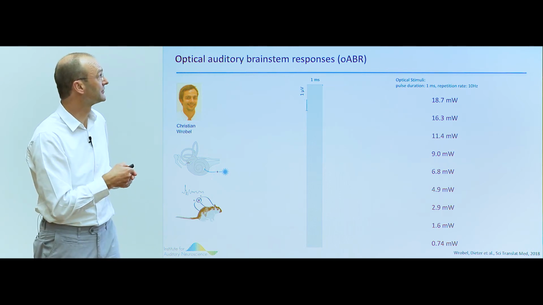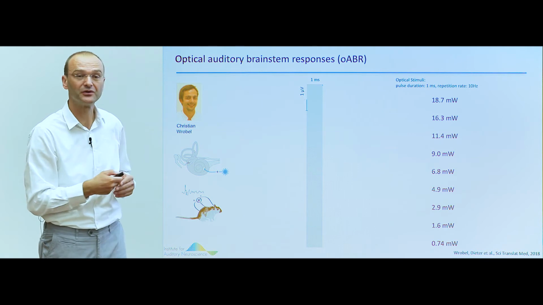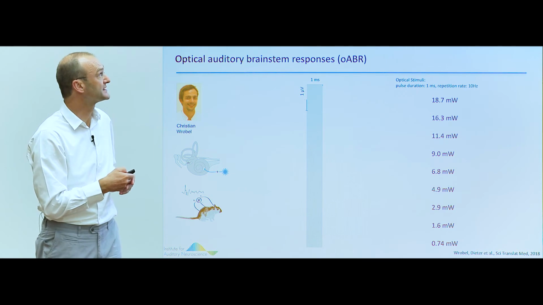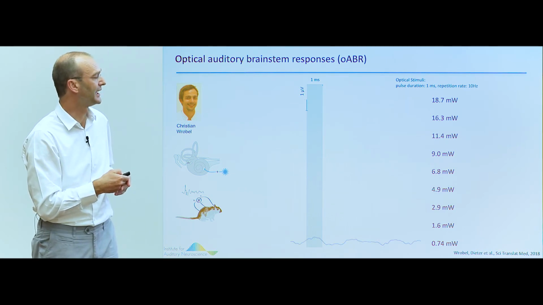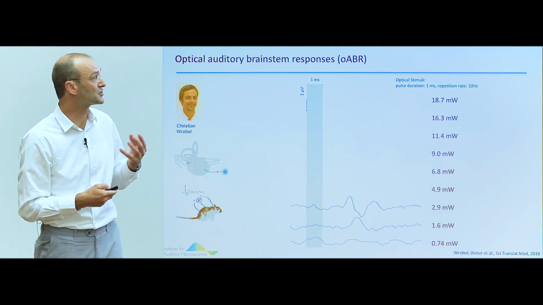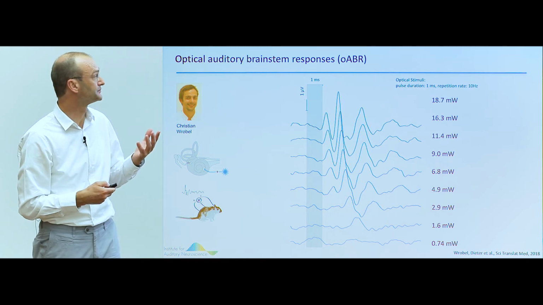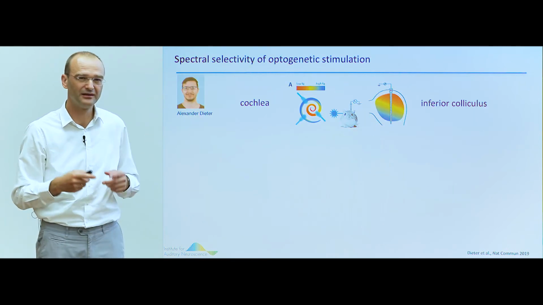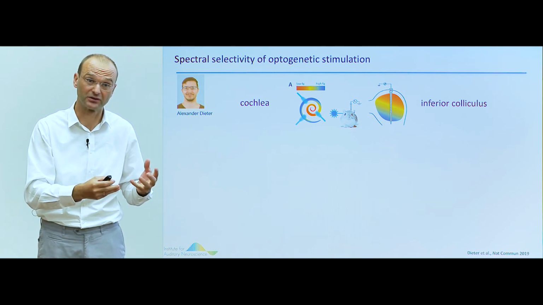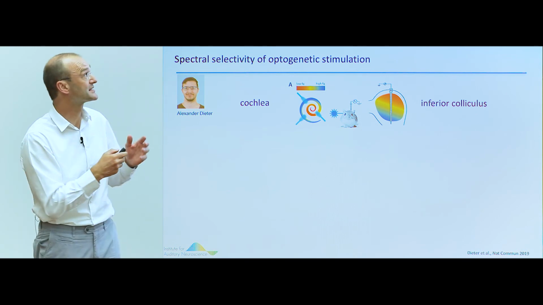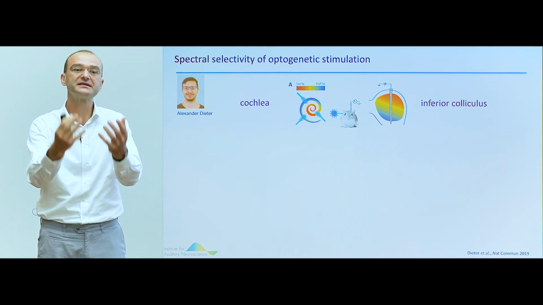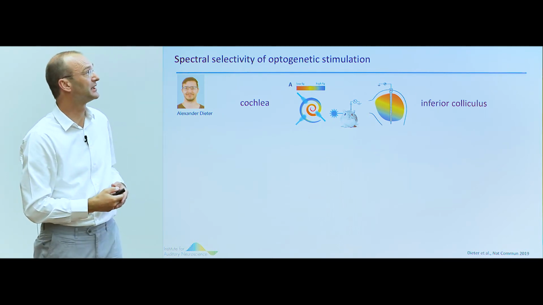If we place an optical fiber into a natural window, the so-called round window of the cochlea, we can stimulate brainstem responses with light. As we increase the light intensity, those brainstem responses grow in amplitude and get faster. But is it better hearing than the electrical hearing with the current cochlear implant? And in order to ask how much better the spectral selectivity, that is, frequency information, via optical implant would be,